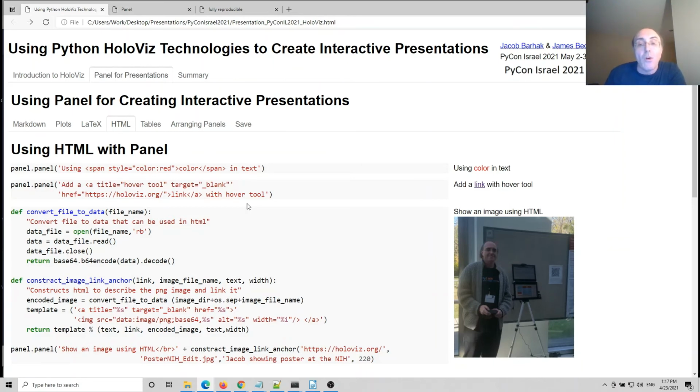You can do more elaborate things, and I'm using here old code written in Python to generate images and encode them in base64. Take an image, load it, encode it in base64, and show it using HTML. Now, why am I doing this elaborate thing? There are ways to present images in panel, so you don't need this. However, I'm showing you things that are possible